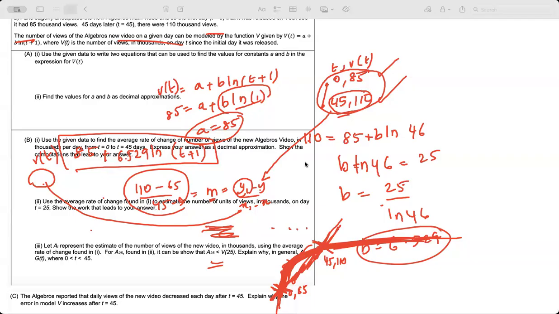Do you see? When t is going to keep on increasing, after 45, what happens? We are thinking that V of t will increase, right? But it plateaus, right? So the model is not valid at all after t equal to 45, and the error rate increases. Any questions here? Only between 0 and 45 t values the model is valid. Any questions?